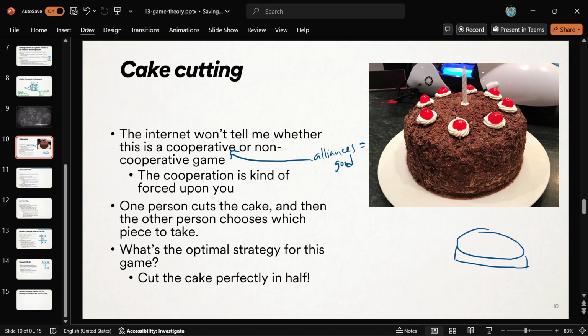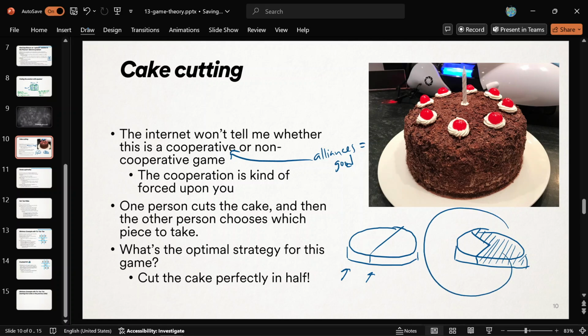If you're the one cutting the cake and you actually want cake, you should never cut it like this, right? Because your sibling, the other person who gets to choose, is going to choose the bigger half, right? The bigger piece, which is more than half. So what you should do then, the optimal strategy for you, if you actually want as much cake as possible, is to cut the cake exactly in half, right? Because then the person who picks, there's no difference between the two pieces. So then you're evenly sharing it at that point, whereas otherwise you would be getting less cake because the other person gets to choose and they're probably going to pick the bigger piece. So that's probably the optimal strategy for this cake cutting game.